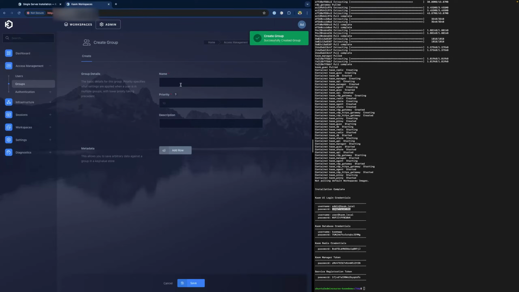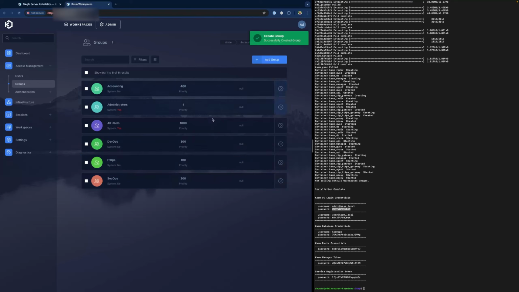The last group we need to add is our accounting group, and for accounting, we will give them 400. Now we have all of our groups. You'll notice that, as I was building these out, I was setting priority values in the hundreds.